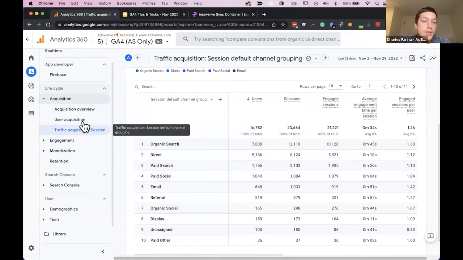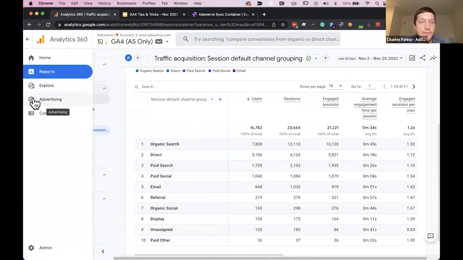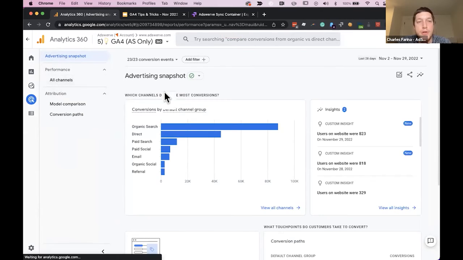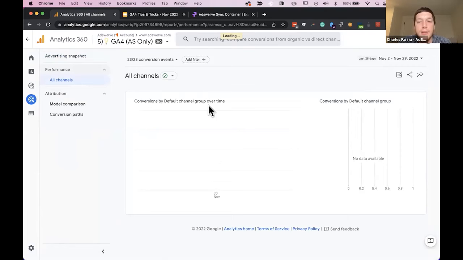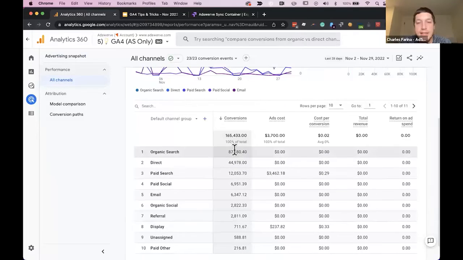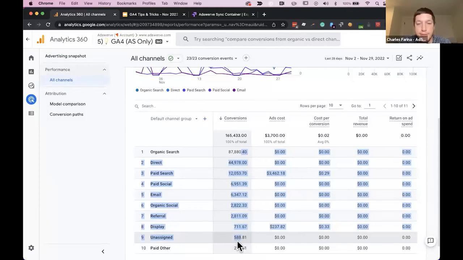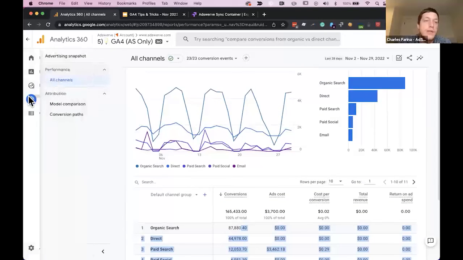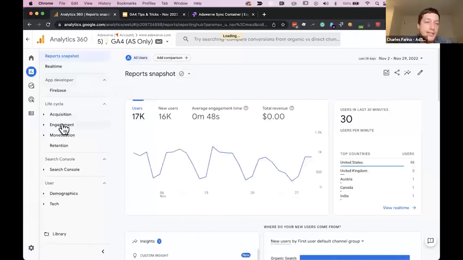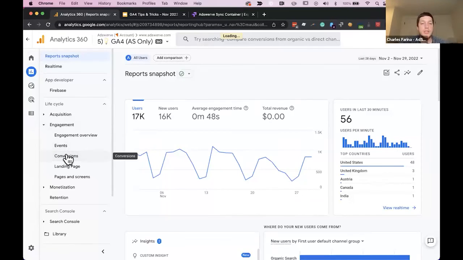So then where is our data-driven attribution? Well, it's really only in two places. It's in one particular area called advertising. In the advertising section, there are attribution reports. And in here, you can see immediately, I have fractions. So this is using the data-driven attribution report. If you go inside your advertising section, this is using the event scoped. The other place the DDA model is, is in engagement, where there is a conversions report.